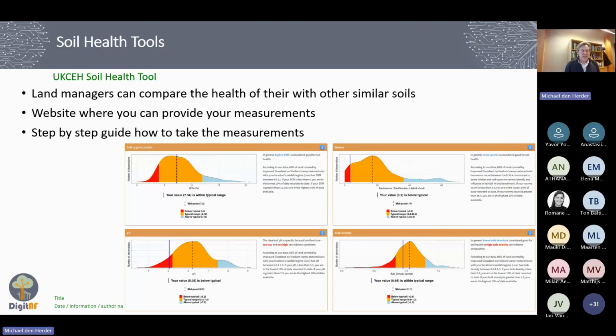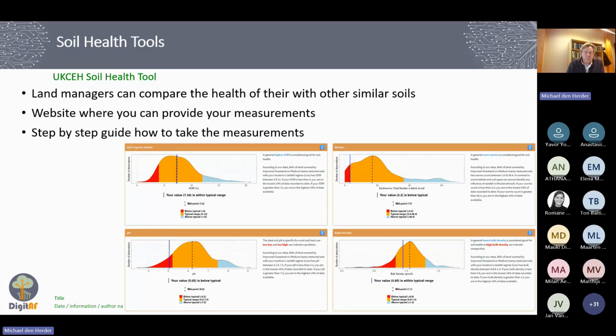Then we also tested one tool. We didn't build a new tool, but we were looking at what kind of soil health tools exist. And then we came up with this tool. It is mostly focused on the UK. This is a tool by the UK Centre for Ecology and Hydrology. So they made a soil health tool, and